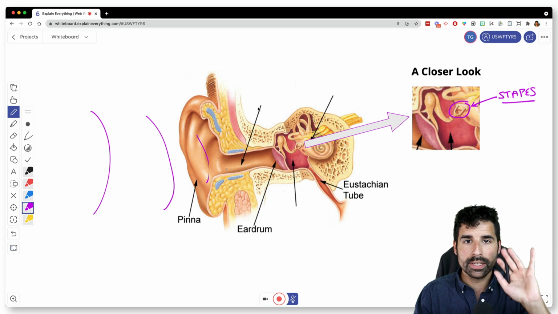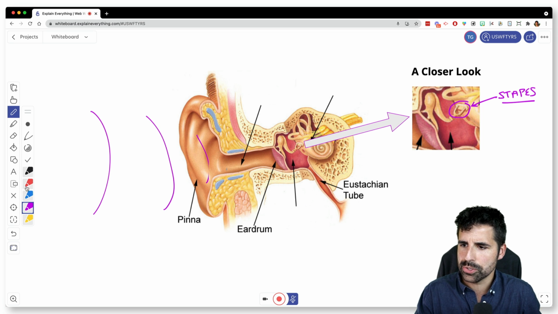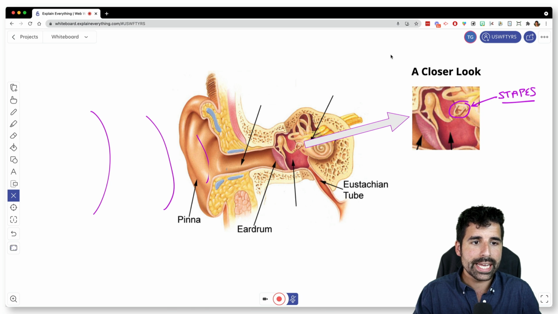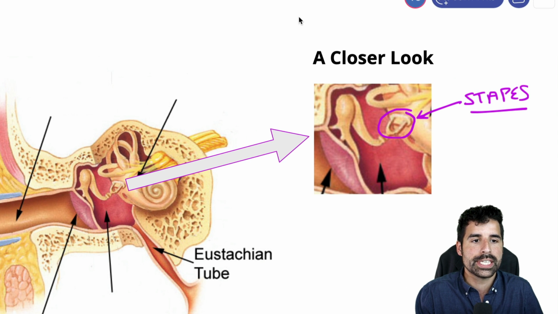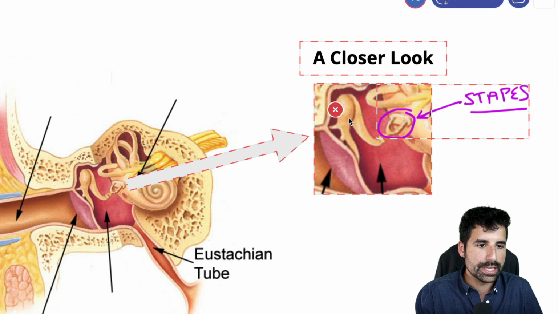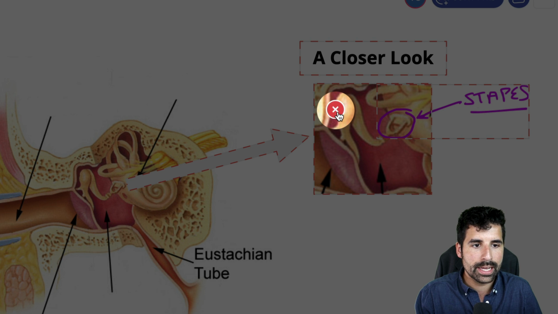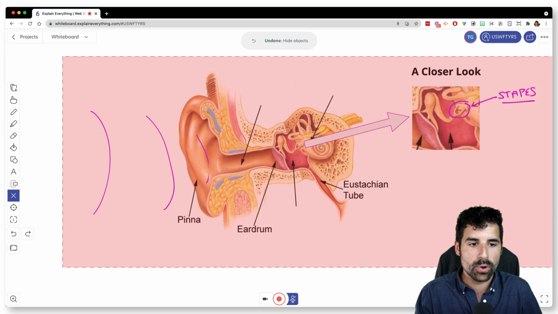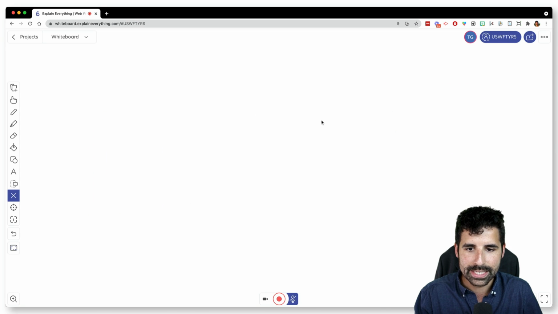So if I wanted to start deleting any of this, you don't want to use the eraser tool. That'll take too long, but they've got a delete tool, and you can click and drag a square over all the things that you want to delete. So if you just want to delete this section over here, you'll see it all gets highlighted, and you can hit the X and then it gets deleted. If you want to delete everything, of course, then you can just highlight it all and then hit delete.